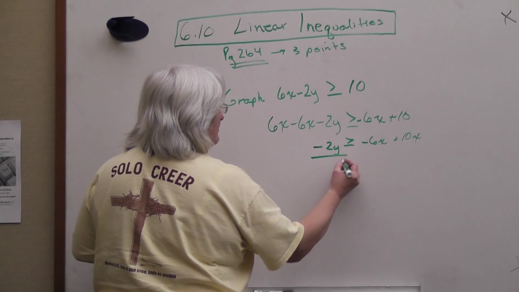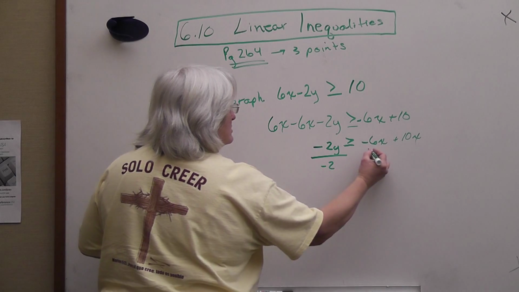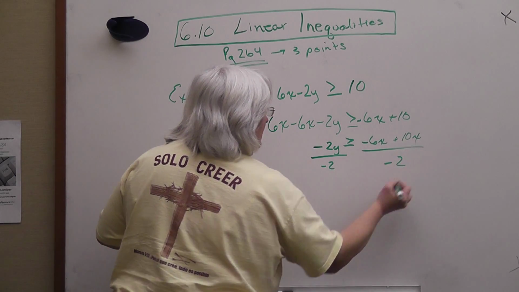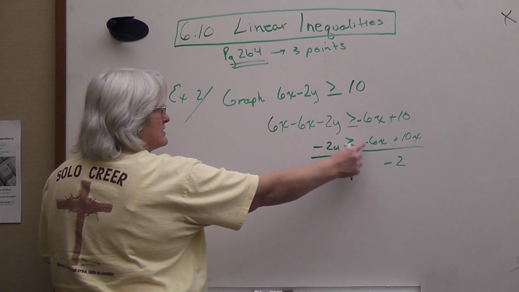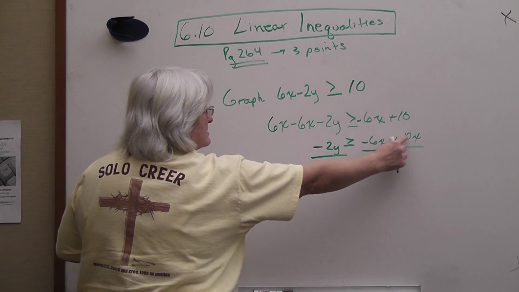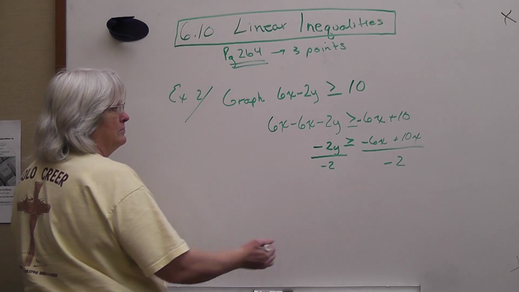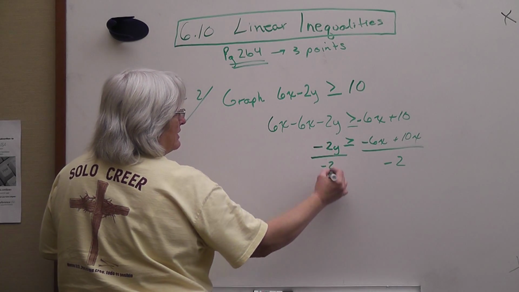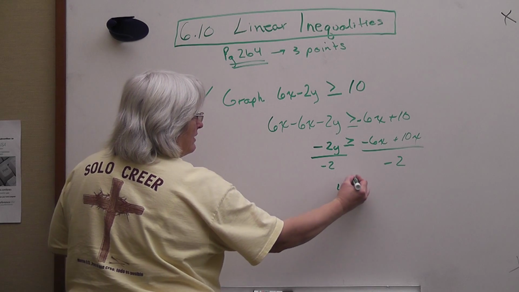So we divide negative 6x by negative 2 plus 10 divided by negative 2. Negative 2 divided by negative 2 is 1. You have y,